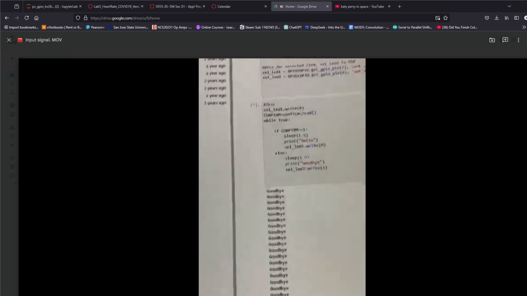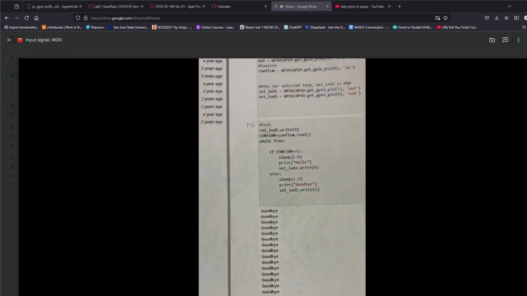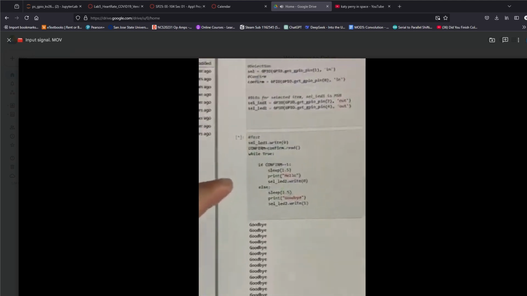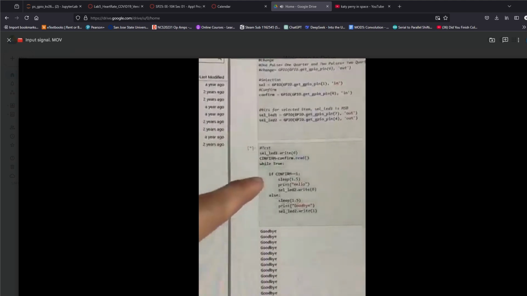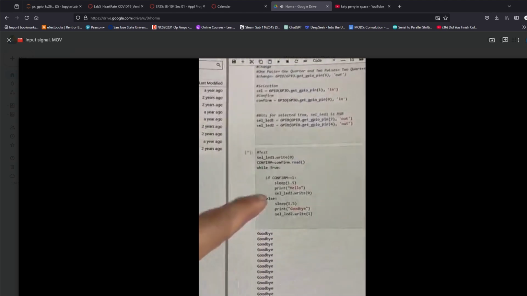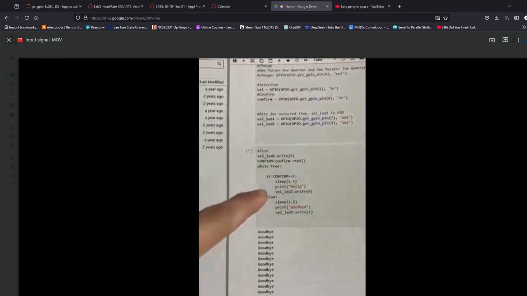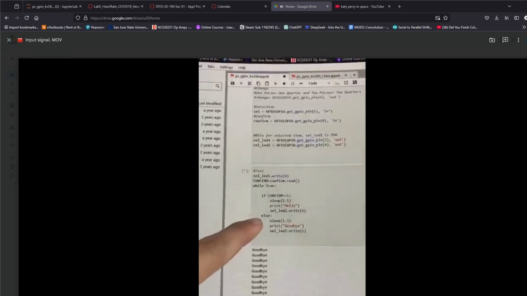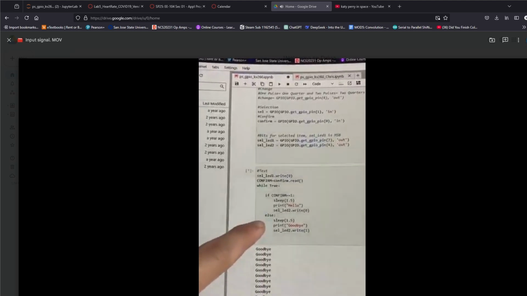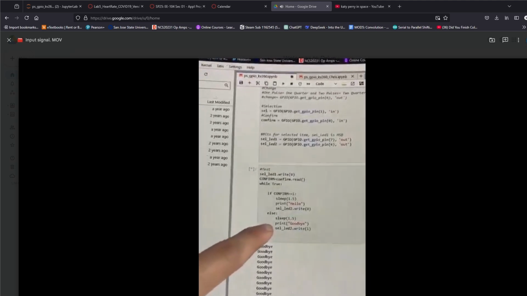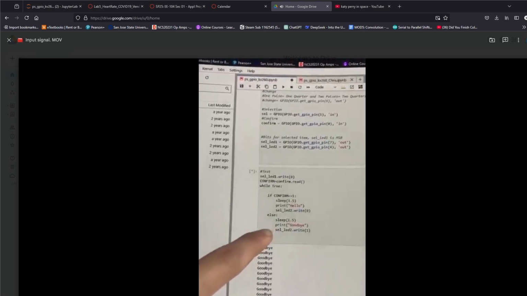I pretty much have something simple running here where I have an ongoing loop, right? And basically what I'm saying is that if confirm, my input signal, is high, then I'm going to print out hello, and my output LED is going to be off, right? And if confirm is low, then I'm going to print goodbye with my output LED